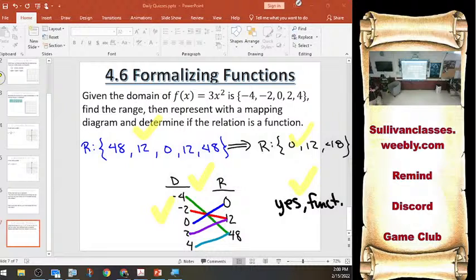But you found the values. You stated the reduced down range. You have a mapping. The mapping is correct. You said it was a function. Okay? So,